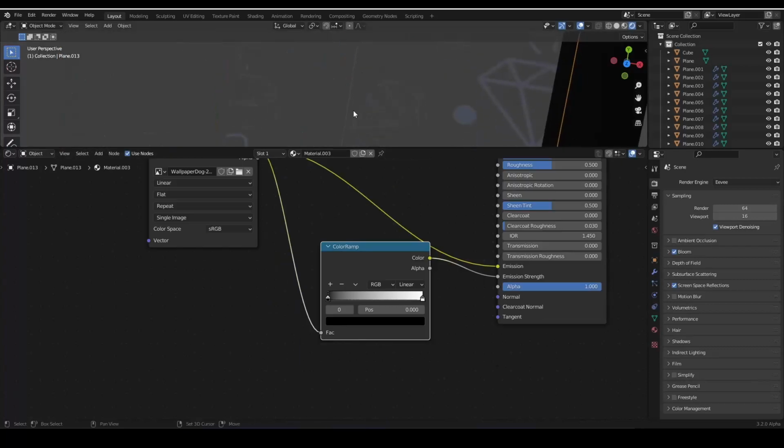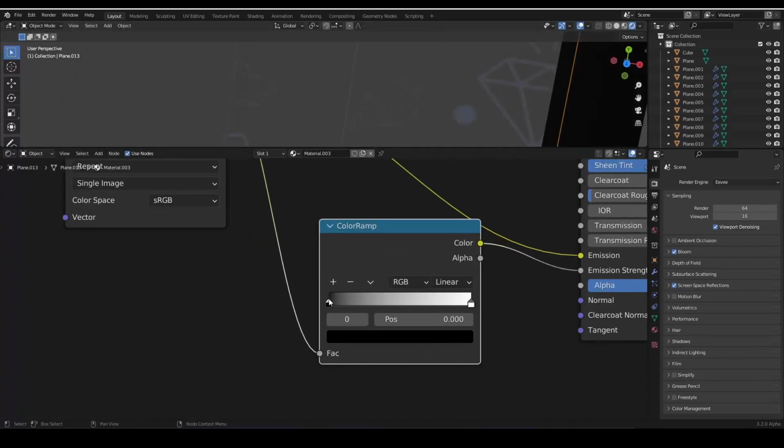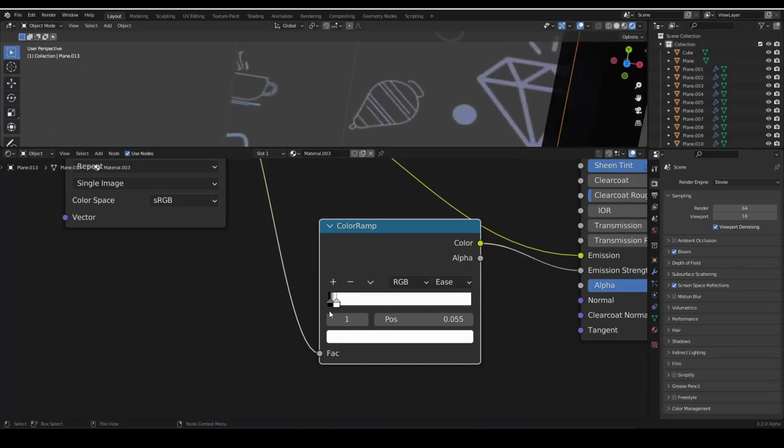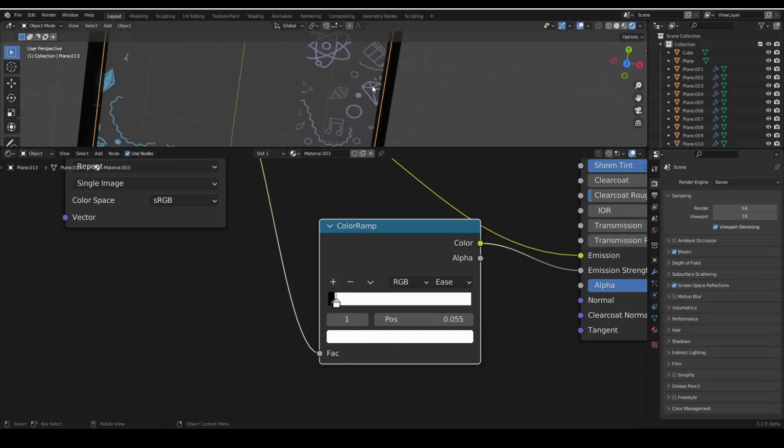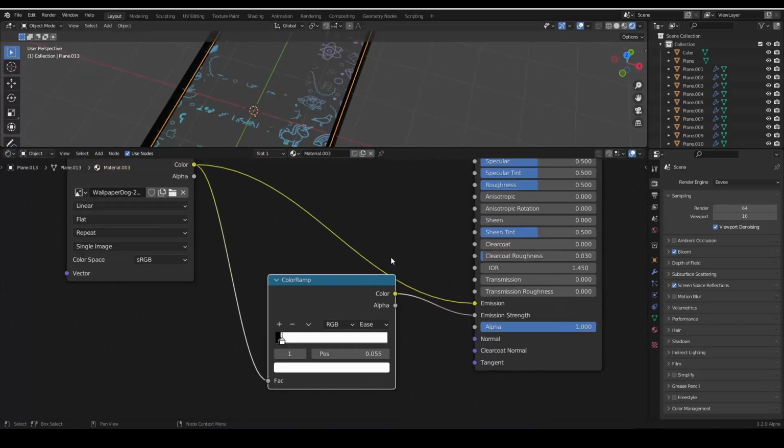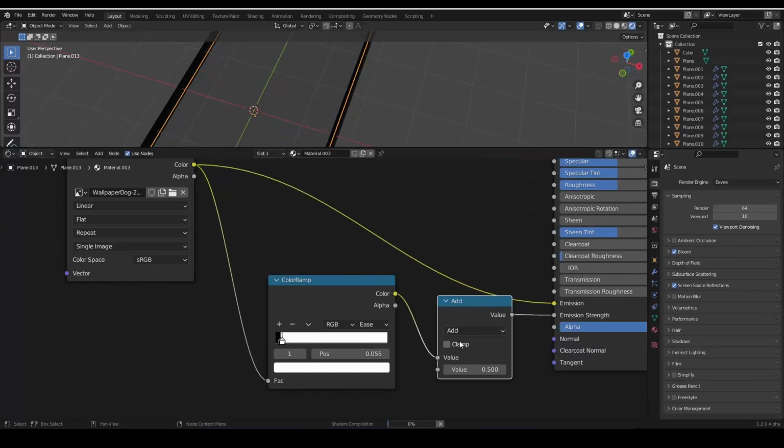So I will look on here and then I will adjust these handles, maybe make it ease. And then I will be using a math node, and then I will multiply our emission strength so it is more,